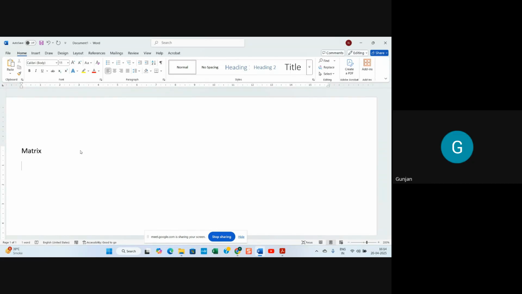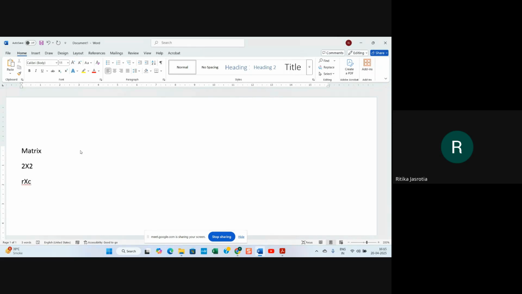A matrix is a group of elements. Yeah, it is a collection of rows and columns. Yes or no? Yes, ma'am. So a matrix is considered as row and column format. So whenever we write a matrix, we say 2 by 2 matrix, right? Like this, or 2 by 3 matrix, whatever. So what is 2 by 2, 2 by 3, 2 by 4, whatever we write? So the first one is your row and the second one is your column. Row size and column size.